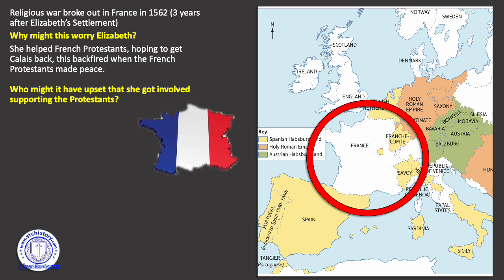A little bit risky, but also she's trying to show off herself, trying to show some strength, isn't she? And maybe sees an opportunity here while France is in turmoil to get back Calais. I don't know. She's that kind of politician as well. Never one to miss a trick when she has a chance.